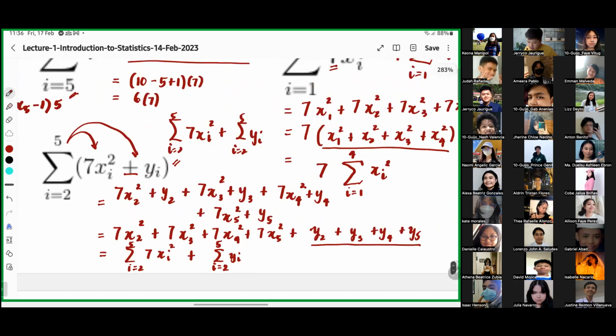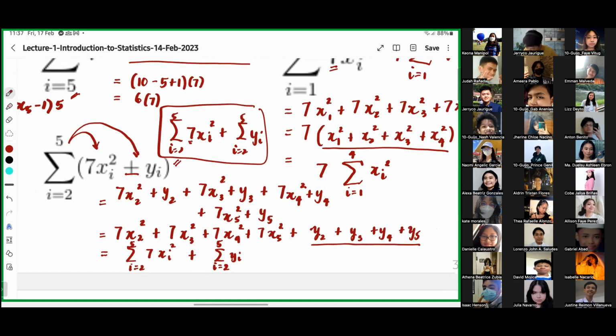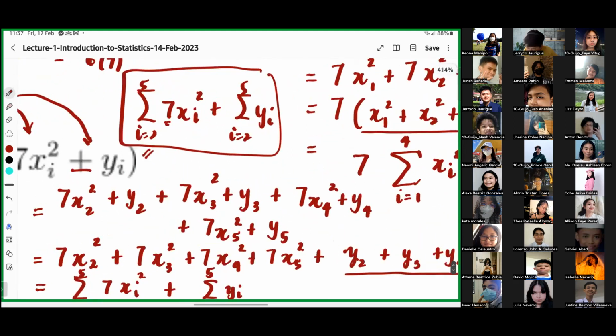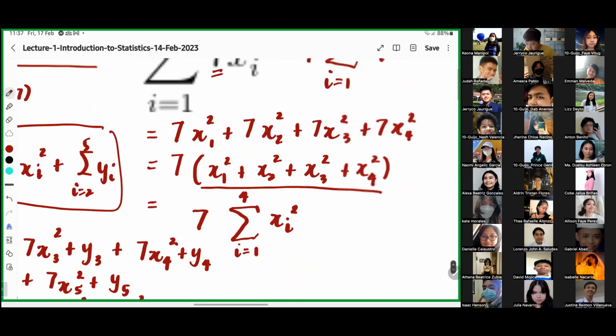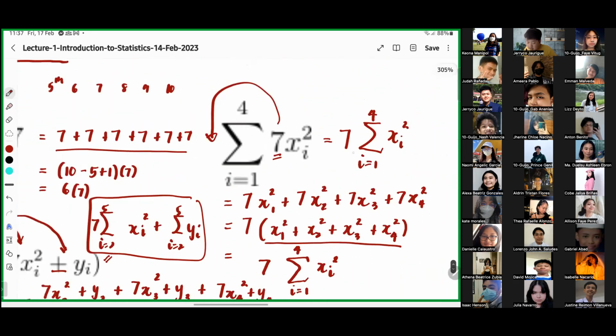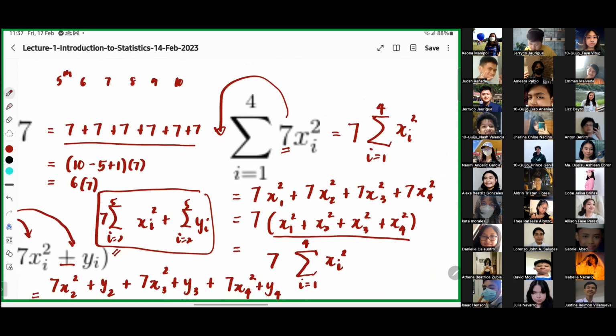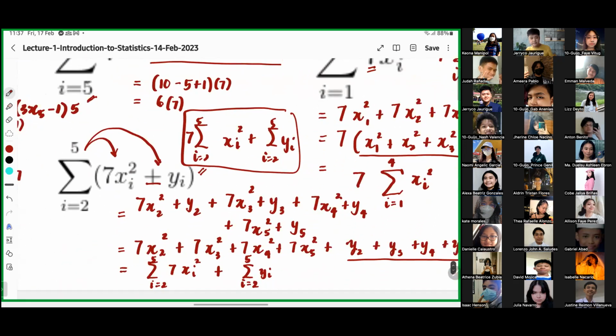Also, dito, look at this one. Remember, we can put 7 outside. Tama, we can put 7 outside. So we can further rewrite this as, ang gulo na ng notes ko. So pwede nating ilabas si 7 dito sa labas. Okay, kasi alam natin from this example that 7 can be placed outside. Okay ba yan?